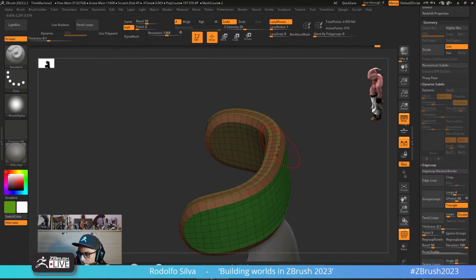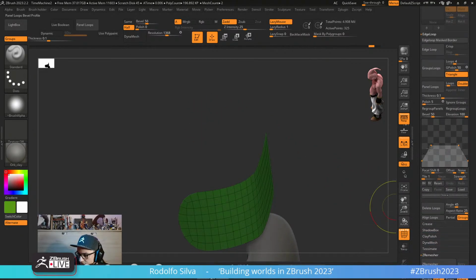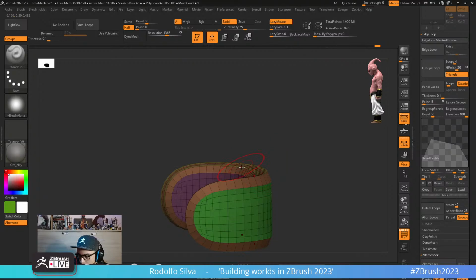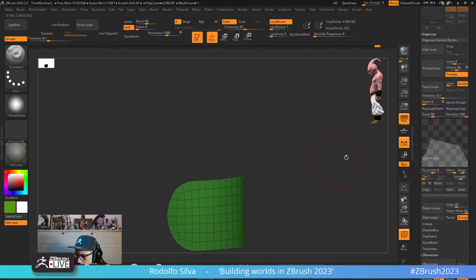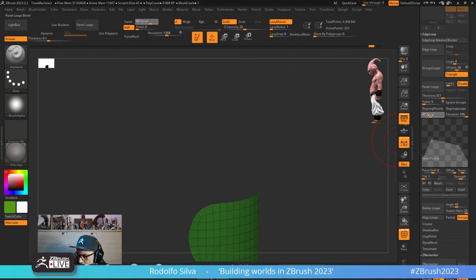There's no stretching. We can tweak the profile, so maybe I want this to be like that, and if we do panel loops, now we get a little taper down over there, and we can have a lot more bevel, or we can have less of a bevel,